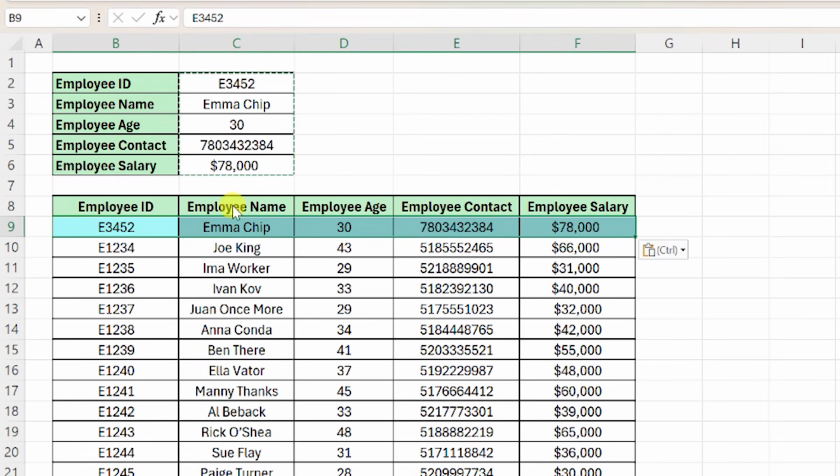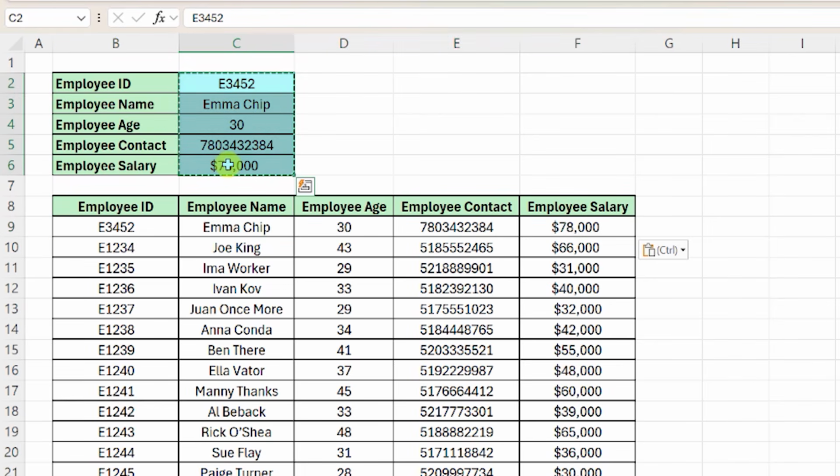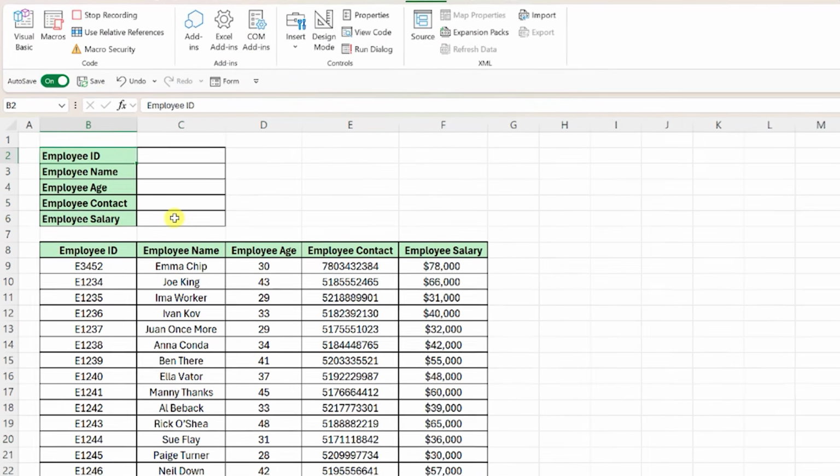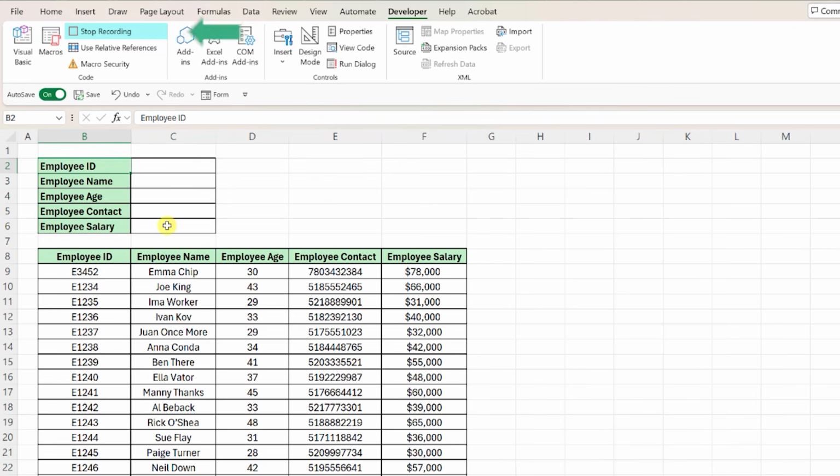Okay, now that we've entered the form data into the table, the last thing we have to do is clear out the form by deleting all of the input values. We've officially gone through the full process, so let's go ahead and stop recording the macro by clicking Stop Recording